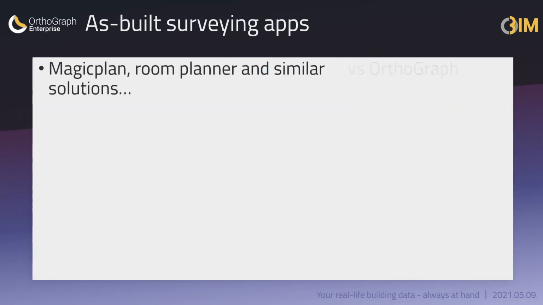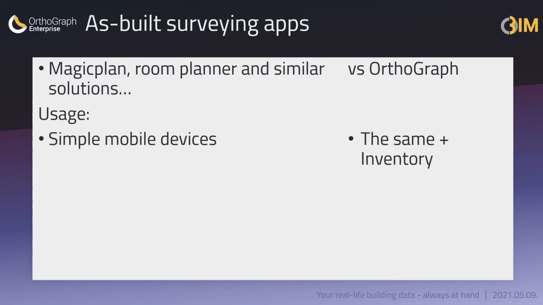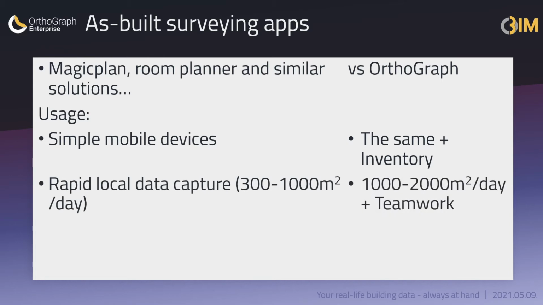Let's compare them to Orthograph with a focus on operational BIM. First of all, both technologies use the same mobile devices, in many cases similar tools. Orthograph also comes from this era, and certainly building surveying must be simple in all of these applications. The speed of data capture depends a lot on the technology used, but it already starts to limit the opportunities in handling large surfaces. That's something that needs special tools and tricks and is essential in enterprise-level building operation.